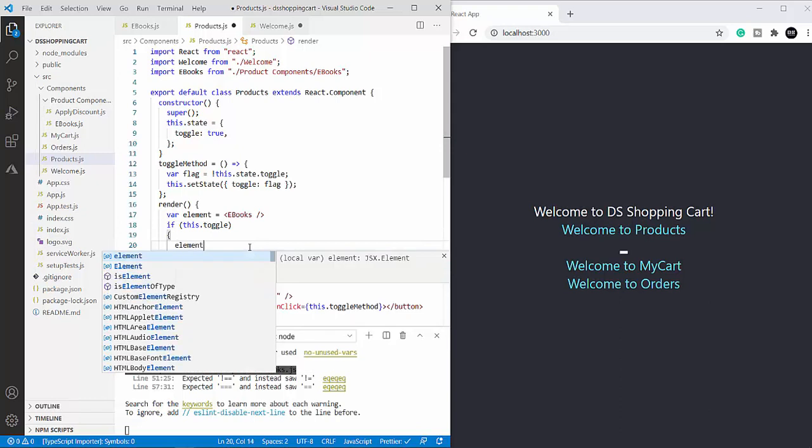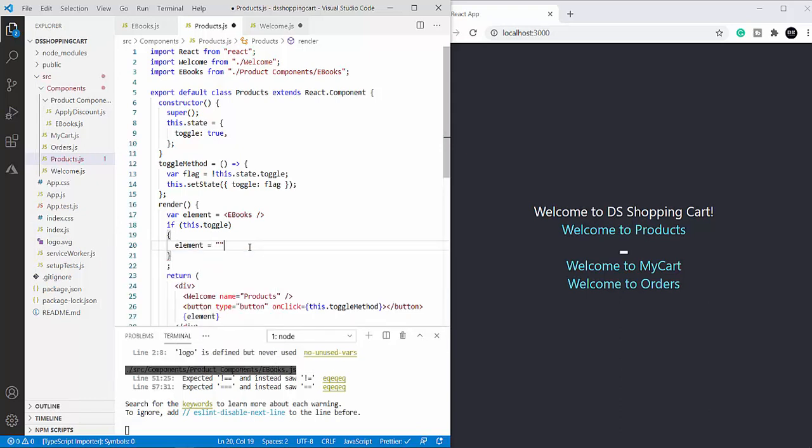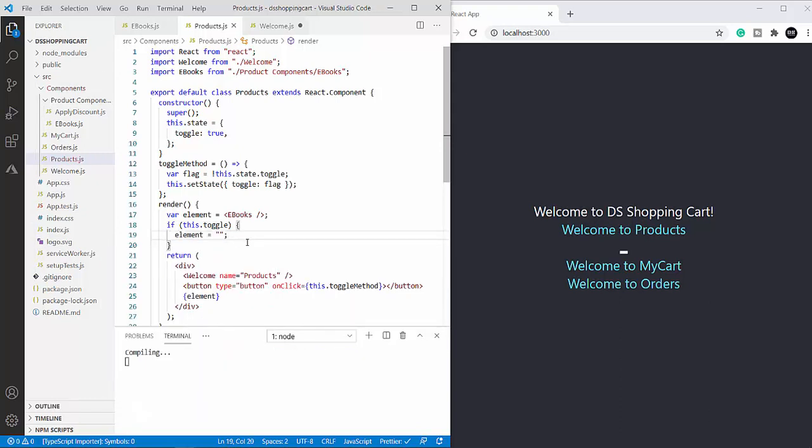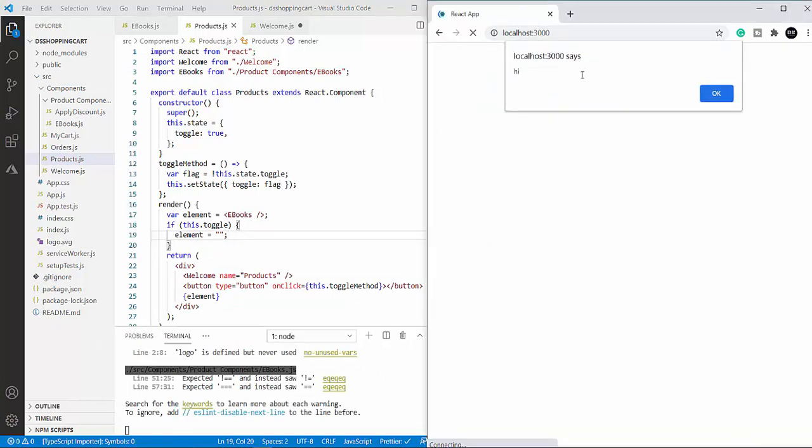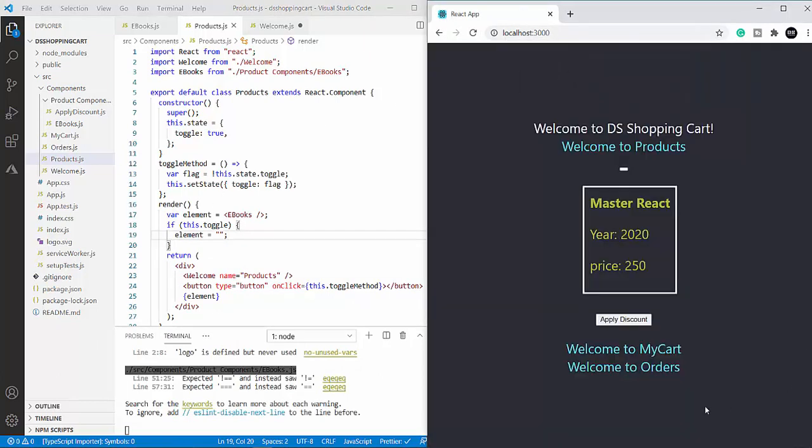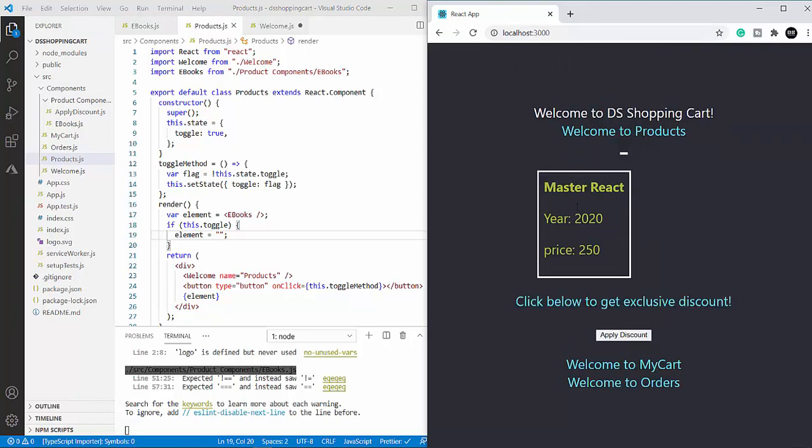Element equal to, okay, let's see. I got the element, and I've got all the functionalities that I've included in this component. Now I'm going to click this button. Pardon me, I have not added styles to this button, so it is appearing as a dot over here. Let us not concentrate on the style at this moment. So right now I'm going to click it.